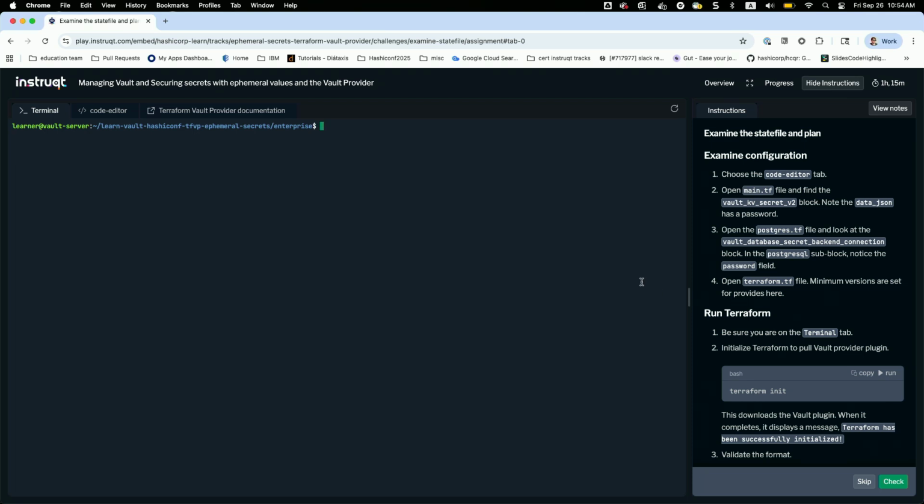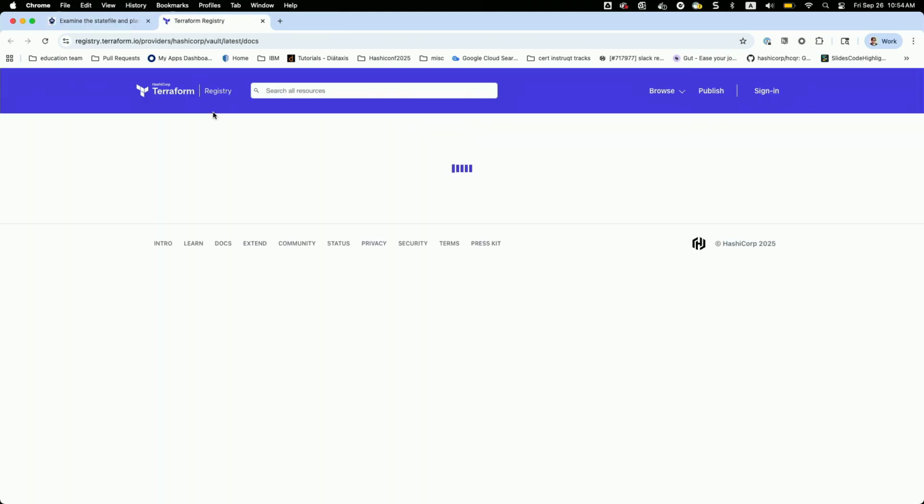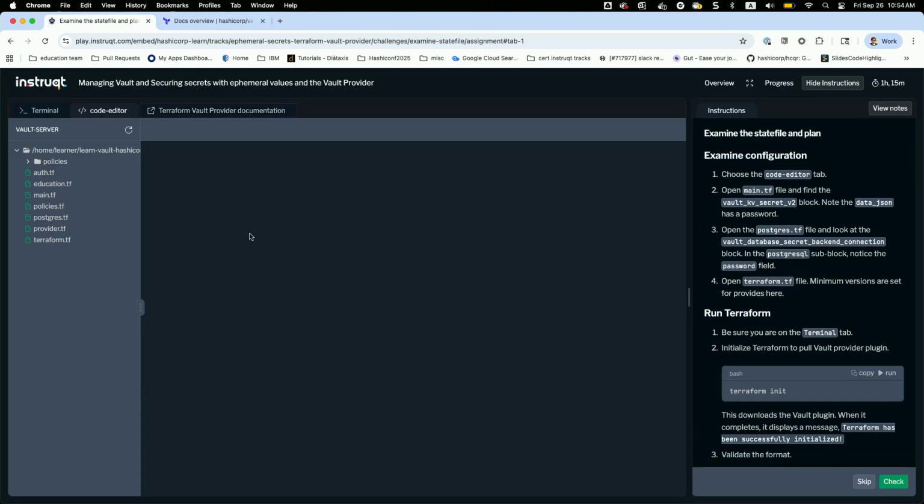Okay, so quickly go over how this is. We have a terminal for you. We also have a code editor, which seems to be a very simple version of VS Code. And then for the later challenges, we have a link that just opens the documentation for the Vault provider. And we'll go into that in a little bit more. First, a little tour of what's going on here. Let's take a look